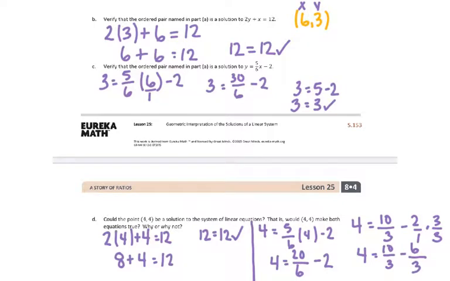So we can already see that this is going to be 4 equals 4 thirds, and 4 will never equal 4 thirds. So that means that 4 does not make both equations true, and it is not a solution to this system of linear equations. So we're going to say no, not a solution